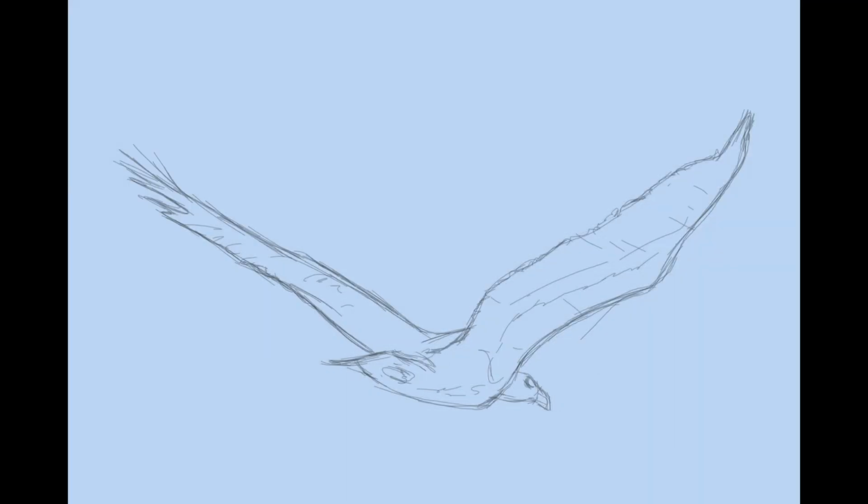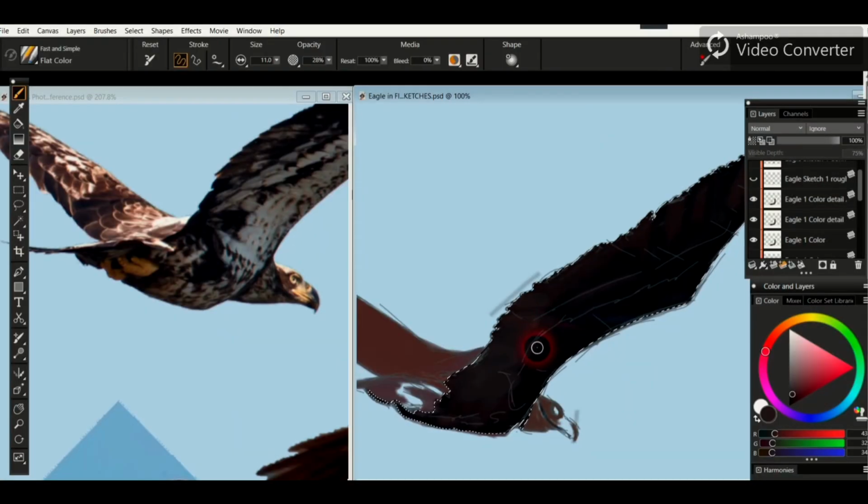Today I wanted to do a narration over a painting I did of pretty much an eagle, one of the eagles that I used for my painting, Pursue It Again. The painting was done in Corel Painter 2021,